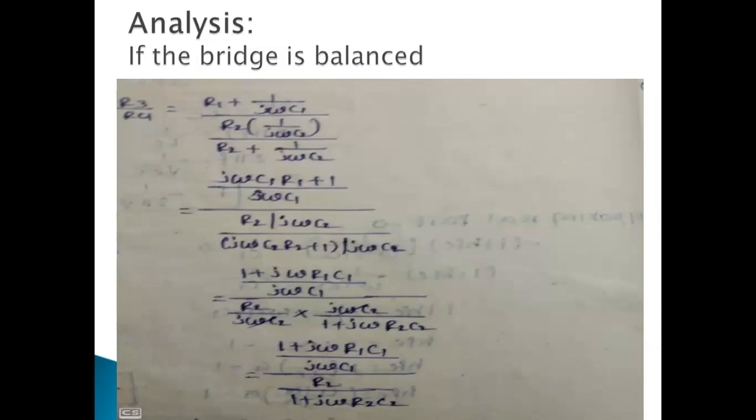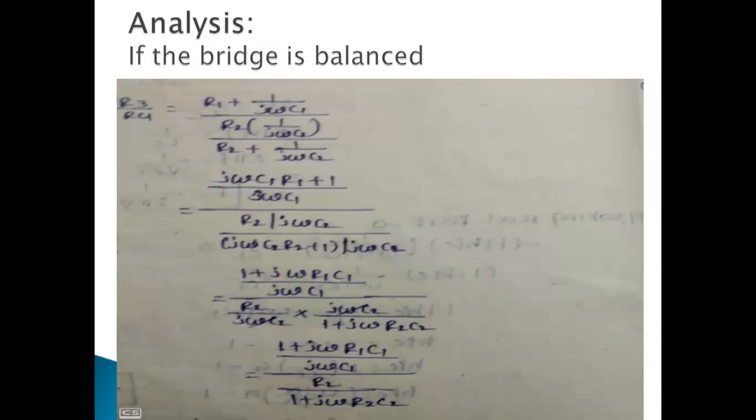So that is the f value. What is frequency of oscillation? The frequency at which we can get some oscillations, or the frequency at which we can get some output, is known as the frequency of oscillation. So when the Barkhausen criteria is satisfied, then we can get that frequency. That means we can get the output.